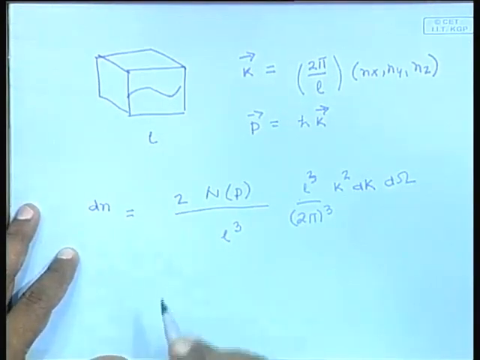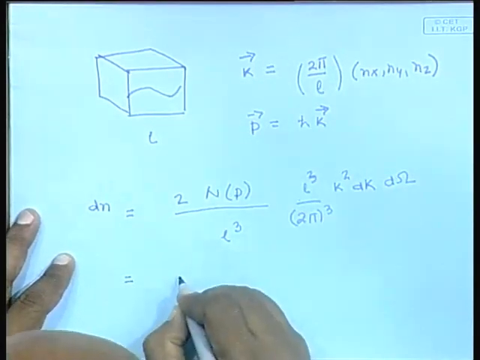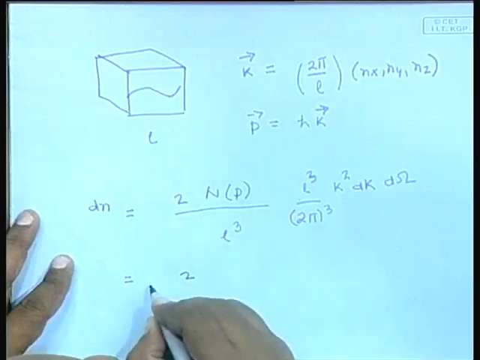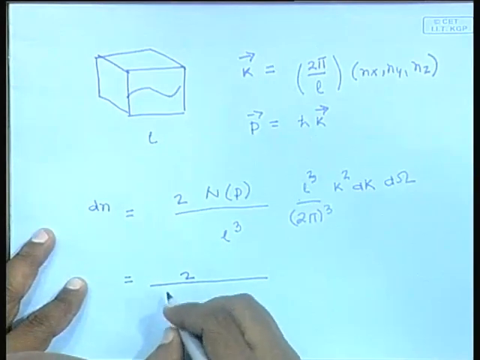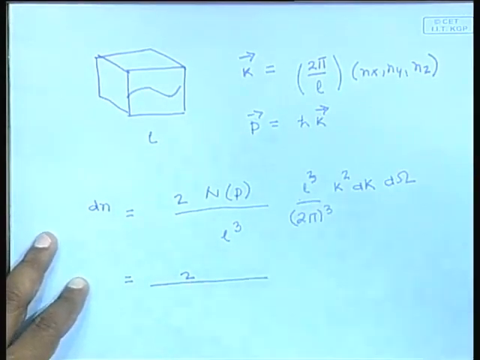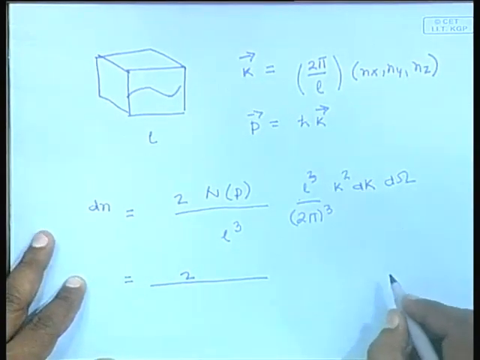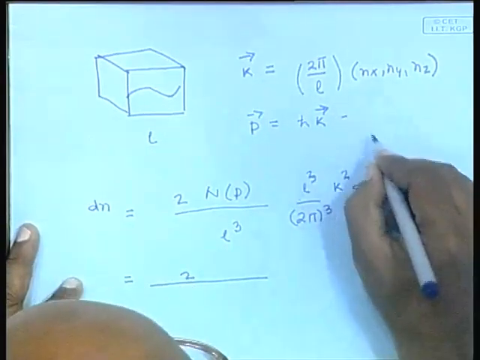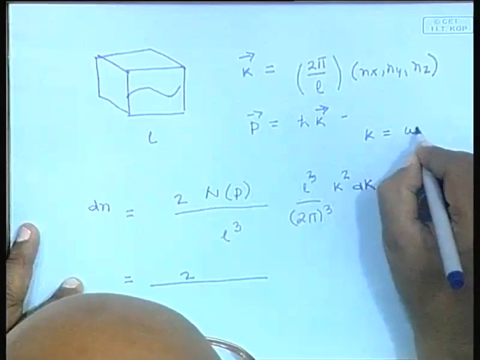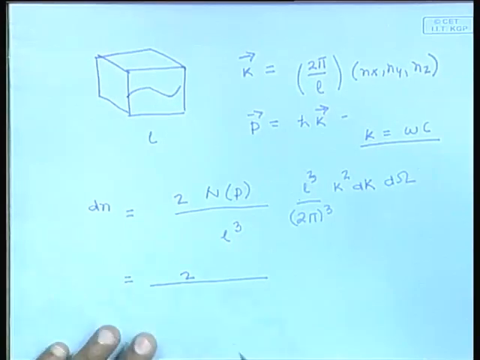Now, this can also be written as 2, and then we can put in the expression for the occupation number. Let us assume that the particles are massless. If the particles are massless, then the dispersion relation is that k is equal to omega by c, and the energy we know then is h cross omega. So, we can write this as